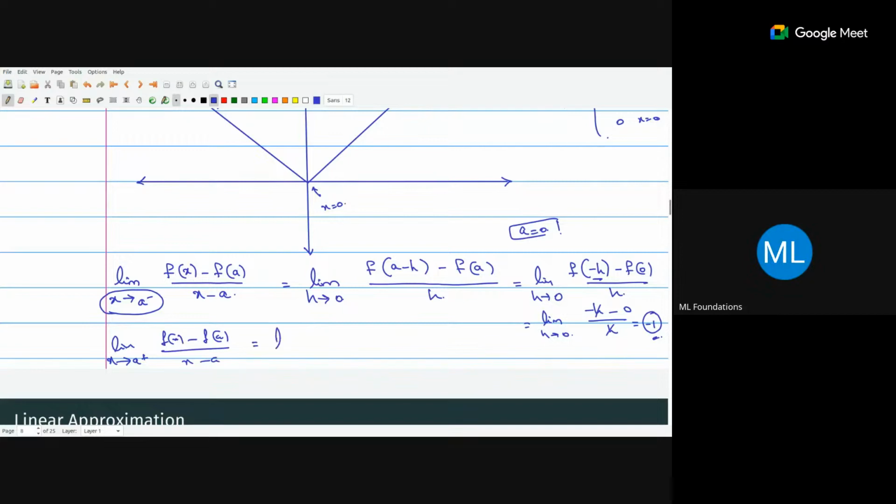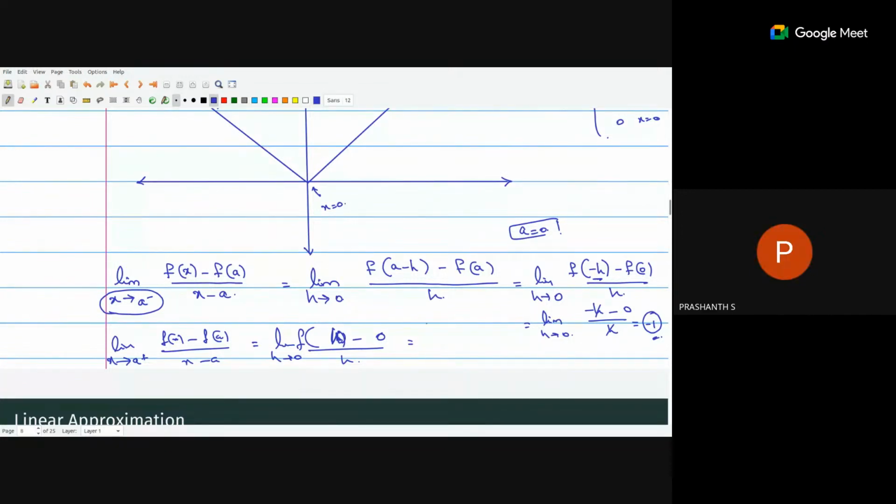So this will be limit h tends to 0, a plus h minus 0, divided by h. Minus 0, I just took it as f of 0 is 0, and a plus h is also f of h. And here I can see h is positive, so it's plus 1, no? See here, that minus h is taken care of. Denominator should be minus h.